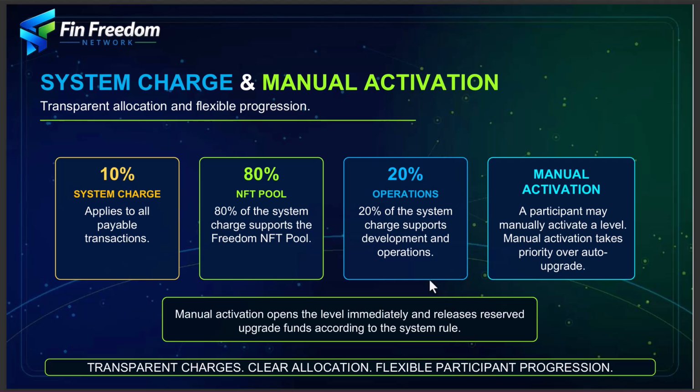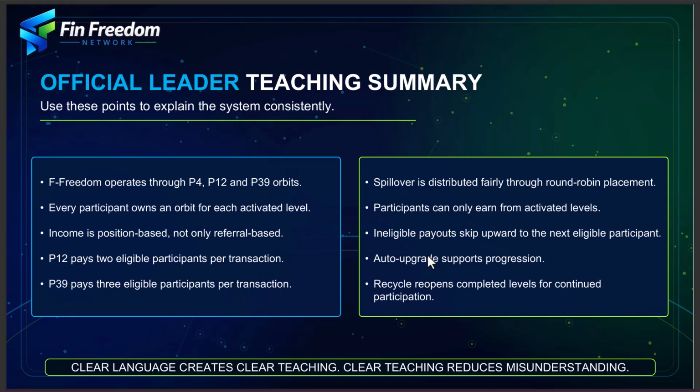So if, for instance, you're on level 2 and the system has already withheld some money in your wallet for your auto upgrade to level 3, and then you eventually have money and you go to upgrade yourself to level 3, the system will automatically release the money that was already locked for your auto upgrade back to your wallet. Do you understand? So it's very, very important. So in summary,